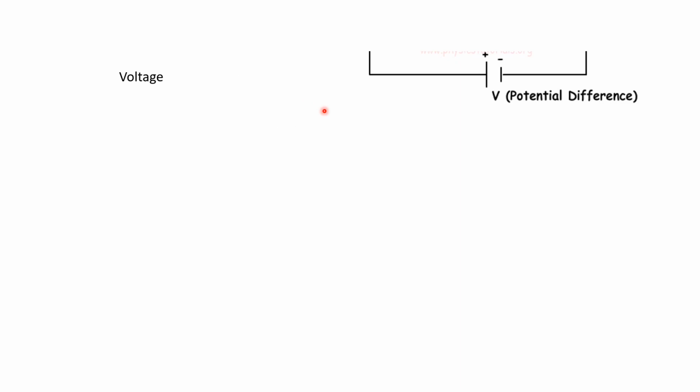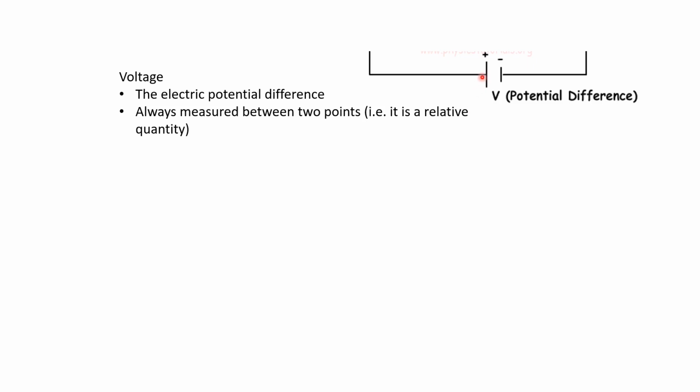The second concept we are going to look at is voltage, also called the electrical potential difference. We saw a battery in the last slide. Let's say it's a AA battery. It will have a voltage of about 1.5 volts. What that means is that a positively charged particle on the positive terminal of the battery has higher energy compared to the negative terminal. The magnitude of this difference in energy is represented in the voltage rating.